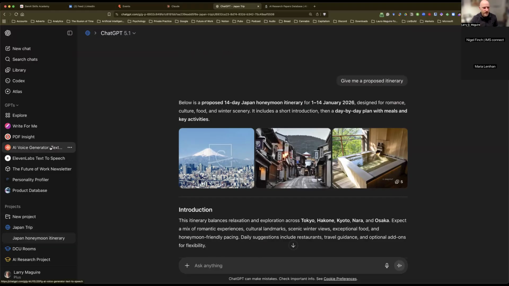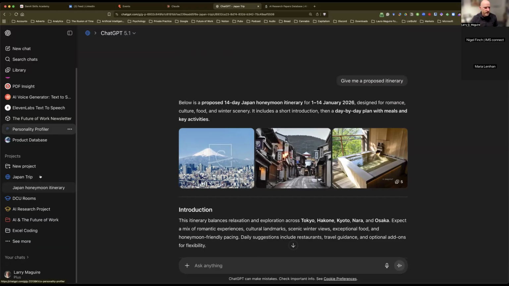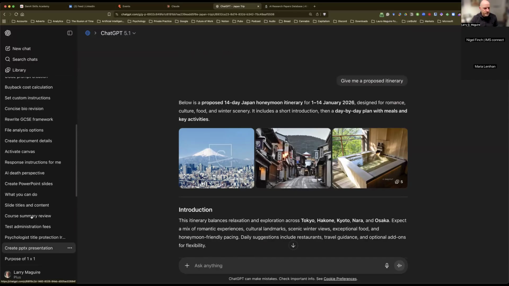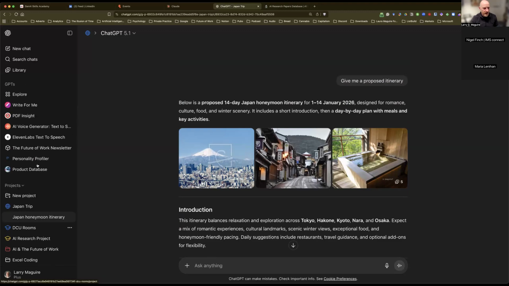The problem I have with ChatGPT in general is that you end up with reams and reams of chats, which of course you can add to projects later. But the problem is if you use some of these third-party GPTs, you won't be able to add those chats to your projects. For example,